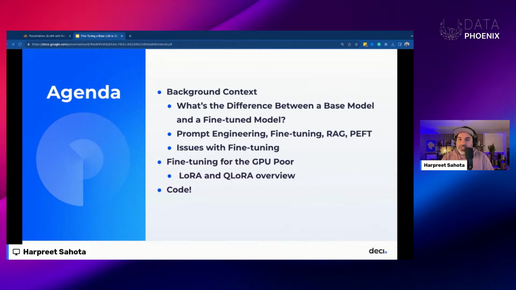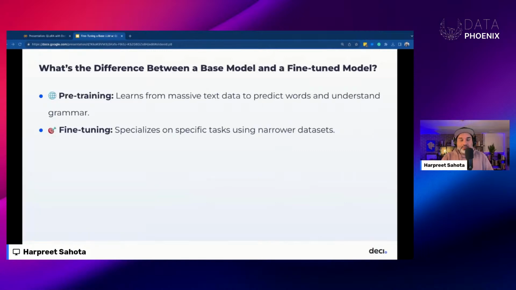Heads up, there's a fair amount of talk, like 20 slides of talking before we get to code. This is absolutely necessary, right? We need background context and mental models of what we're doing before jumping into the code, always. So I'm not going to go into super mathematical depth or detail. We have less than an hour together. How can I possibly do that? I can't. But what you're going to have is a richer vocabulary of search terms so you know what to look for if you want more depth. And you'll also have a mental model of what the fine-tuning process comprises. So hope you're ready. Let's go.